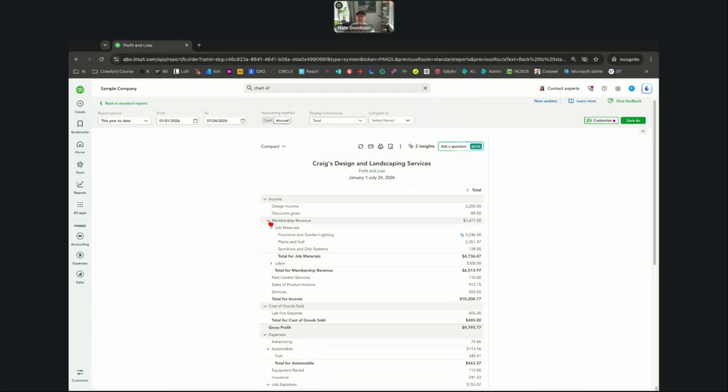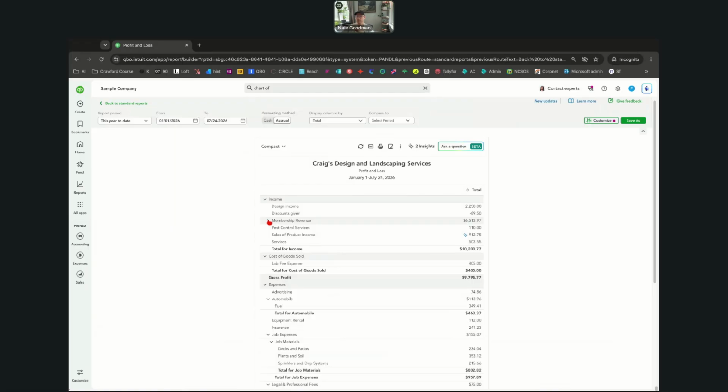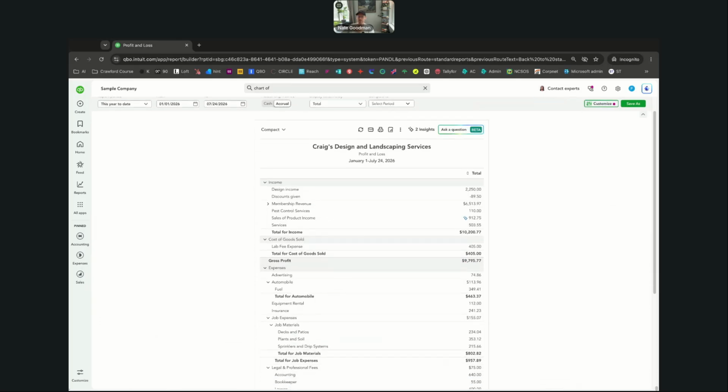And then down here, I think we had lab fee income. Looks like these months we didn't have any lab fee income, but we had lab fee expense. That'd be a flag for me because I would say, hey, we paid for these, but did we never charge a client for any of these labs? We're losing some money here, unless you include it and you know that you include it, so that would be okay. So we have a gross profit of $9,700,